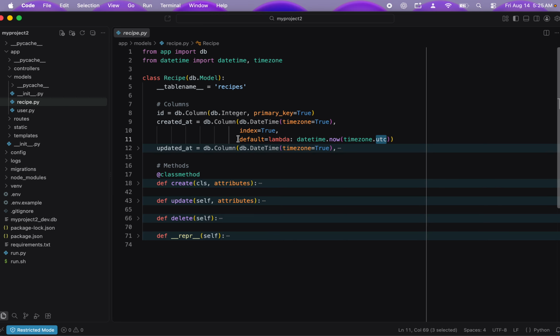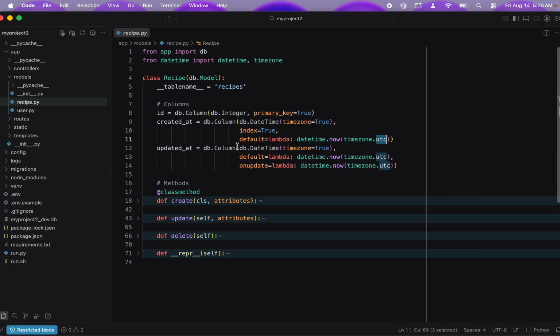But this is storing right now, so it's using the datetime library and calling datetime. So you may actually see datetime.datetime. I just said from datetime import datetime, and then datetime.now is getting the right now in the time zone of UTC. And so that's setting the created at. Updated at is doing the exact same thing here,